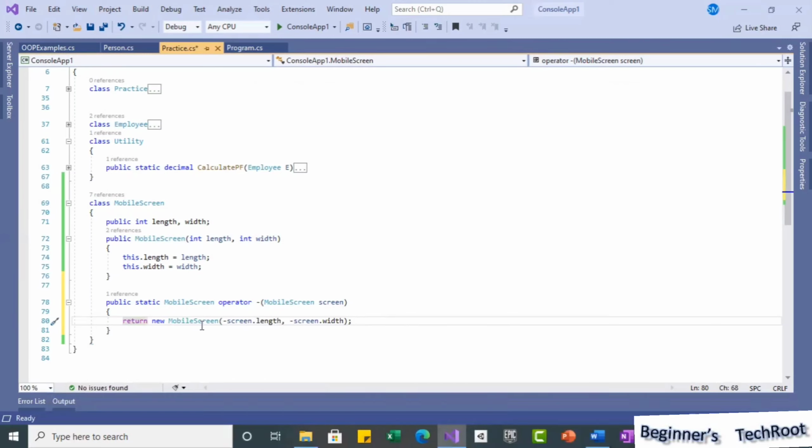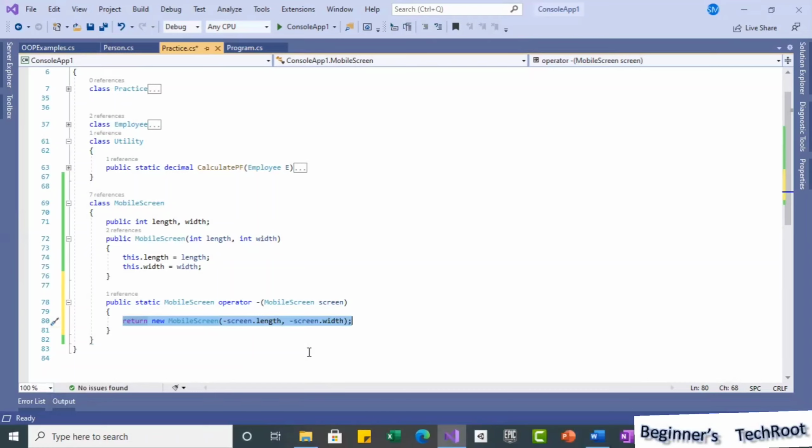Similarly, in this type we have two values. So when we use a minus, I want to make both length as well as width negative. That is the reason I am using it like this. You can have any behavior here; you can define anything you want.